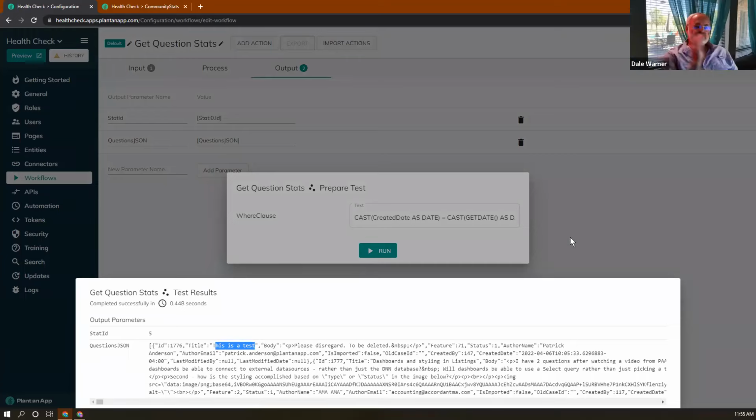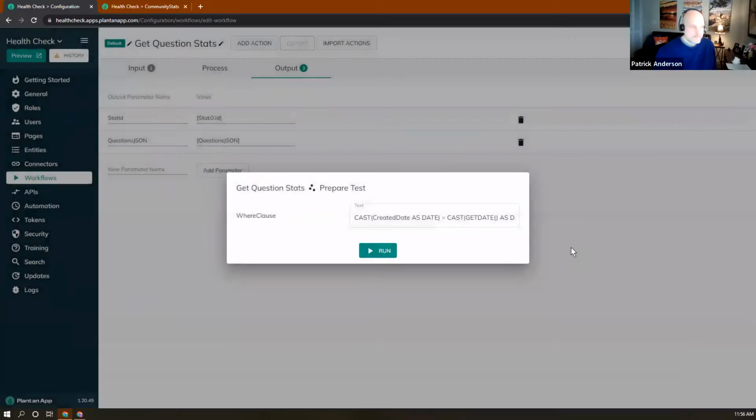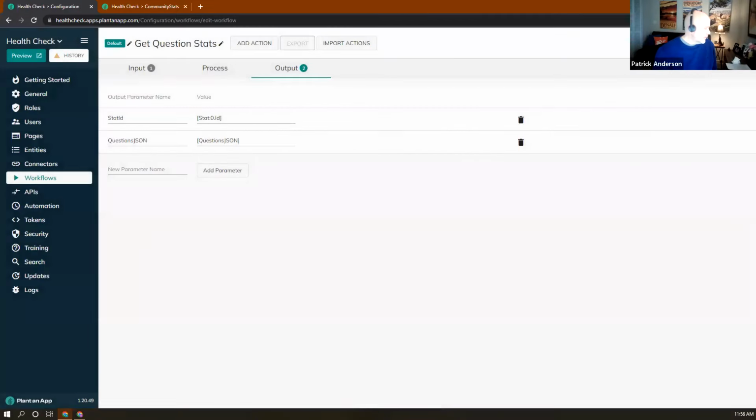And this is the information that came back from our community site. You could go out and look on the community and see it. Yep, absolutely. Cool. So we have our workflow, and we're getting close on time here, but I think we can do this. So now the workflow is in place, and what I want to do is create a task